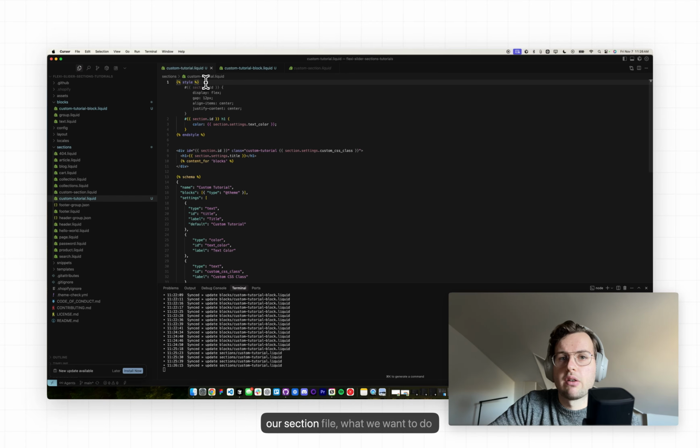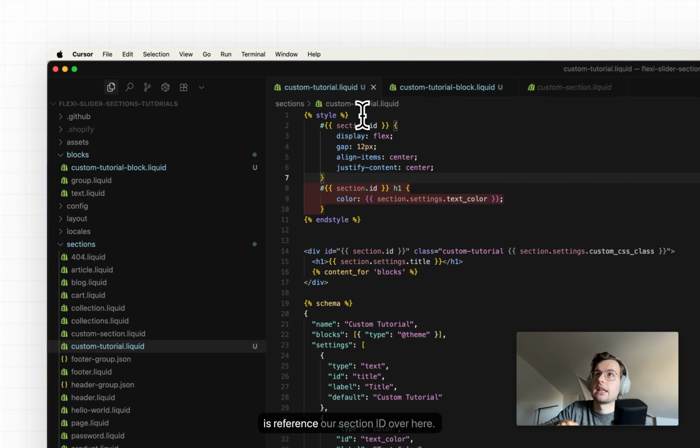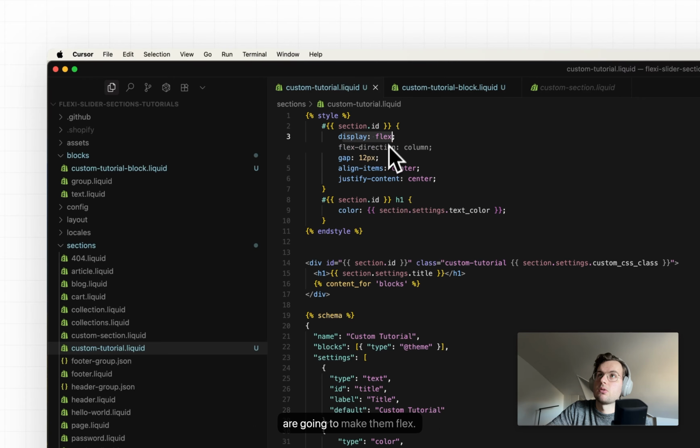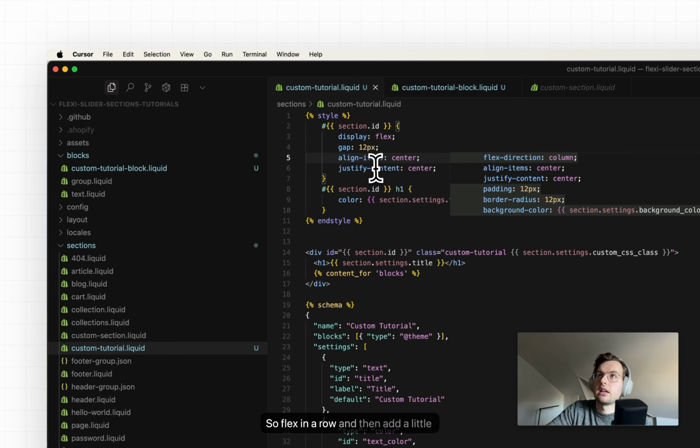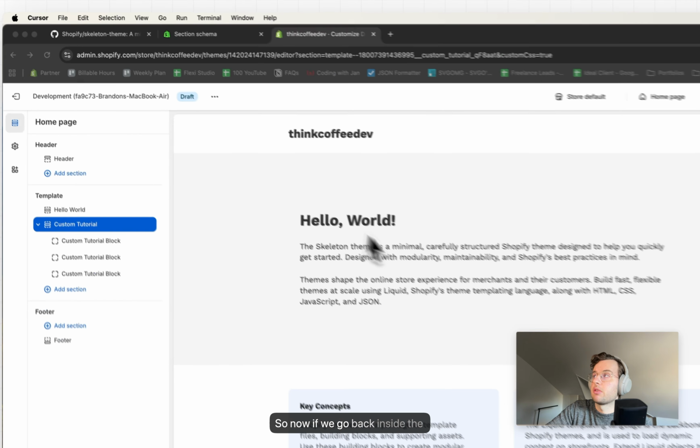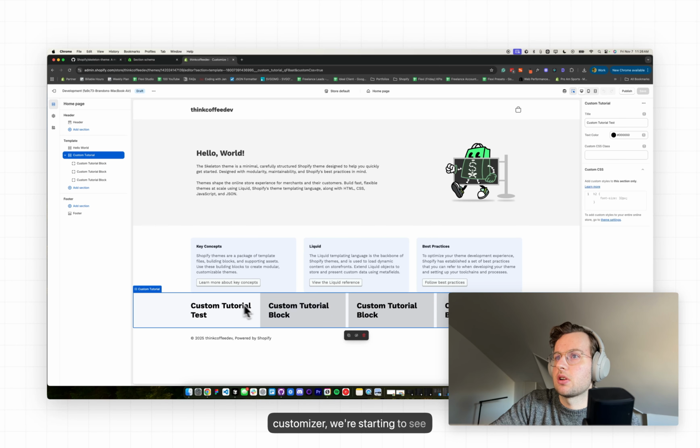So now if we go over to our section file, what we want to do to display all the blocks horizontally is reference our section ID over here. So the main ID of the section, and we are going to make them flex. So flex in a row and then add a little bit of gap of 12 pixels and then make sure that they're aligned center both vertically and horizontally. So now if we go back inside the customizer, we're starting to see